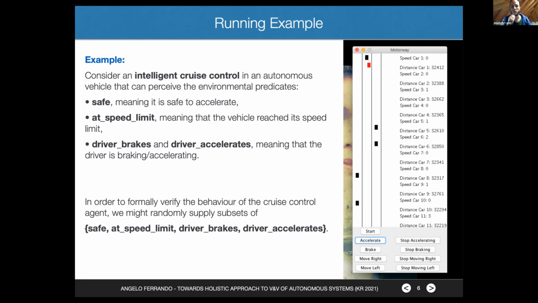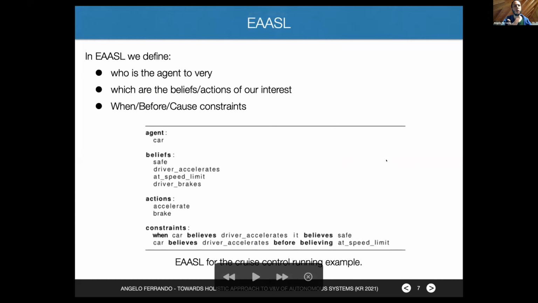And if we consider the notion of unstructured and structured abstraction: in the case of unstructured abstraction, we might generate all the possible subsets of these propositions when we generate our abstract model. So what we do instead is try to put some kind of requirements,